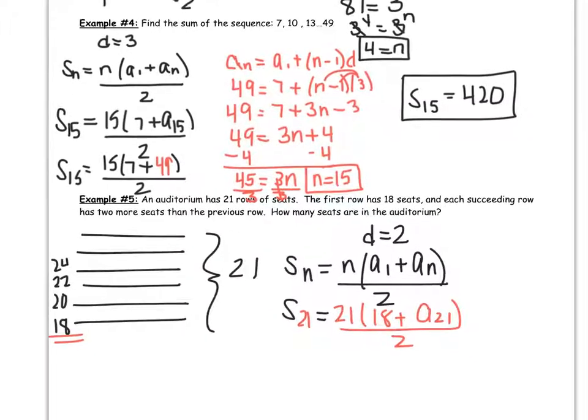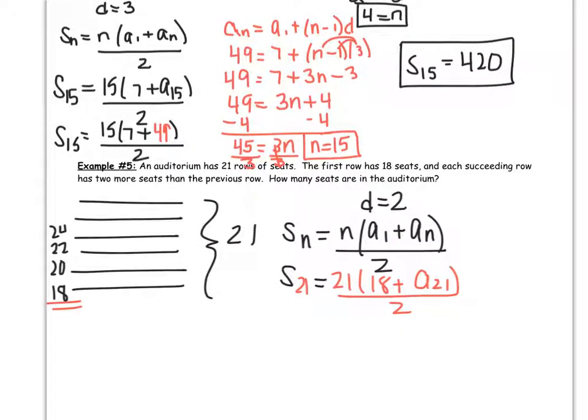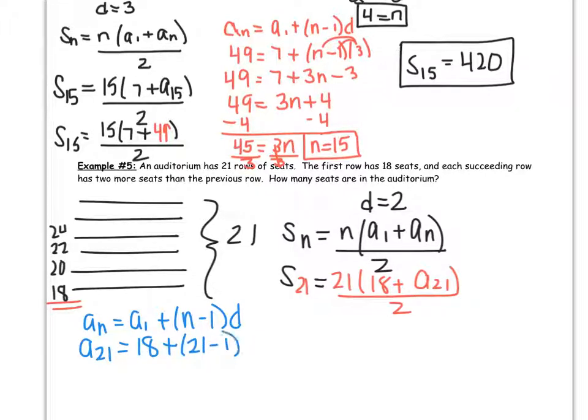So we actually have to use that other formula, that explicit formula. A sub n equals A sub 1 plus n minus 1 times d. And we want to find A sub 21. So my first term is 18. There are 21 terms, so that's n. And my common difference is 2. So if you take a minute, plug that into the calculator, pause the video, and then hit resume when you're ready for the answer. Okay, I got 58. So my 21st term